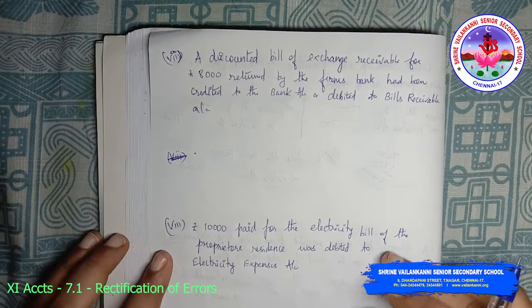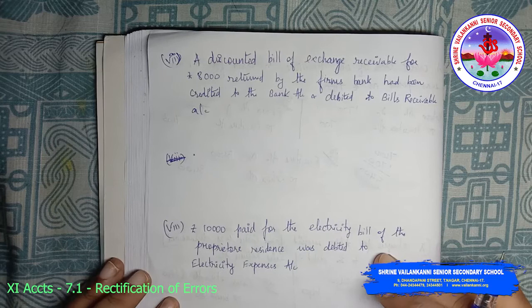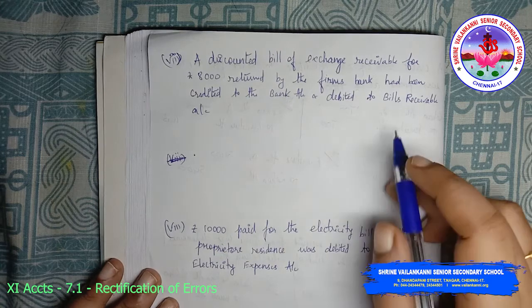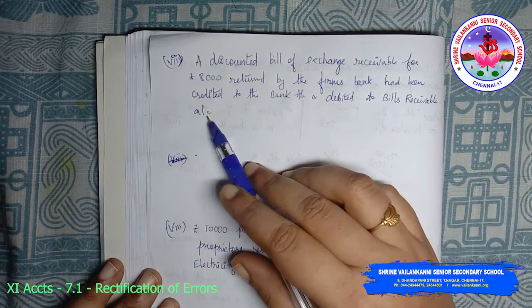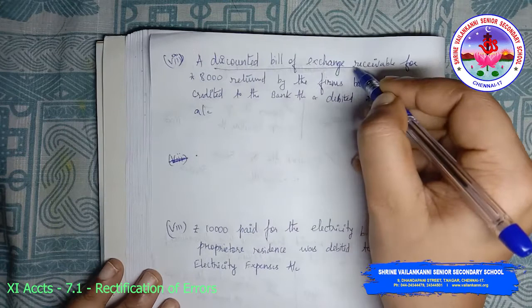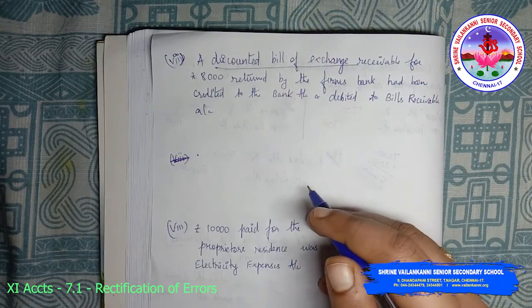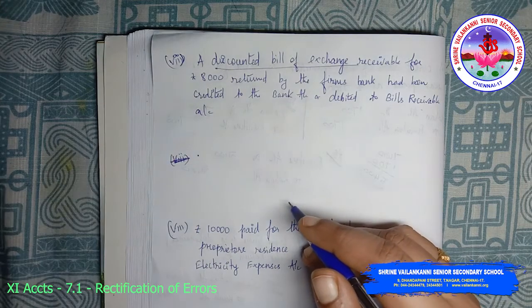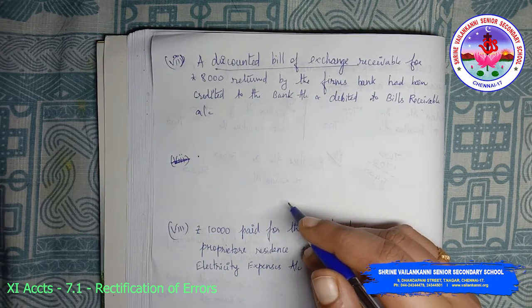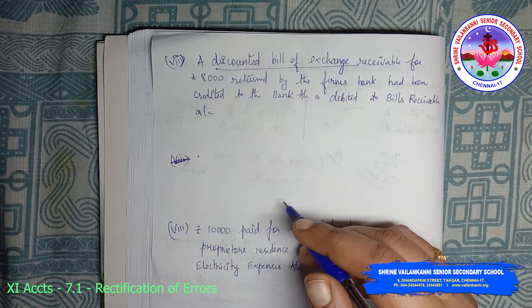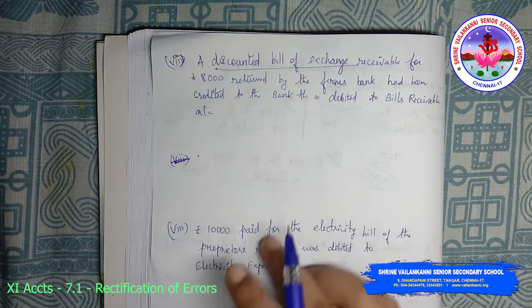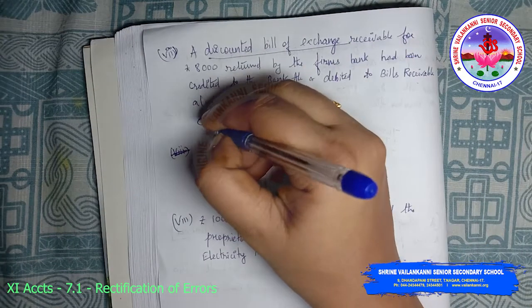a discounted bill of exchange receivable for rupees 8,000 returned by the firm's bank had been credited to the bank account and debited to the bills receivable account. Now this particular transaction, the correct entry will be